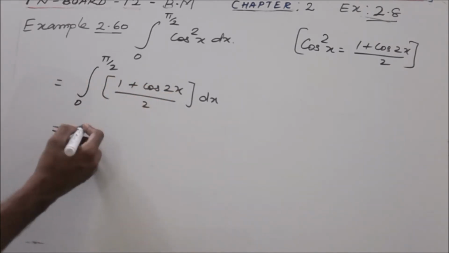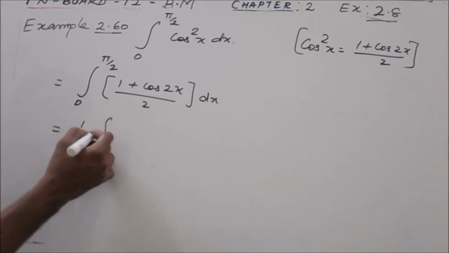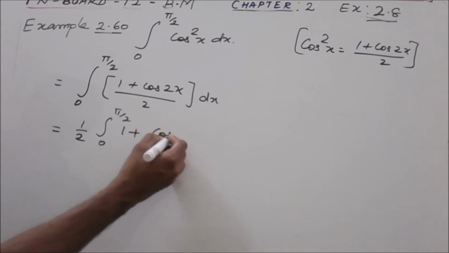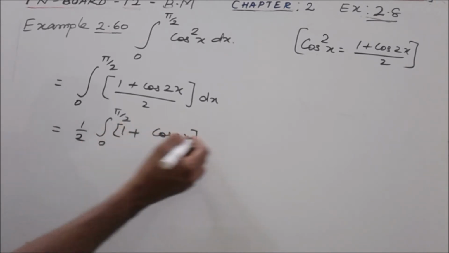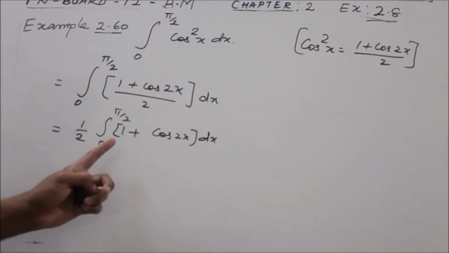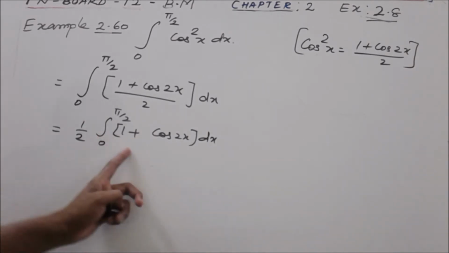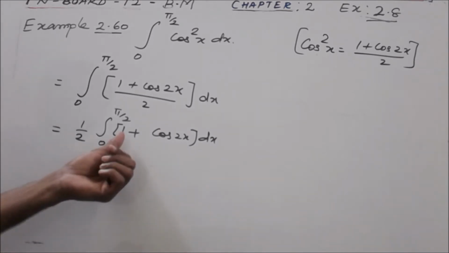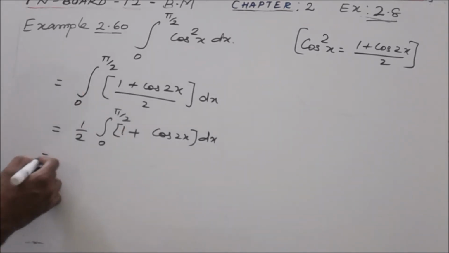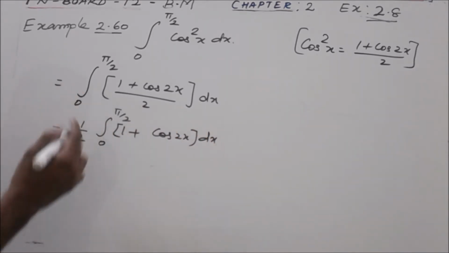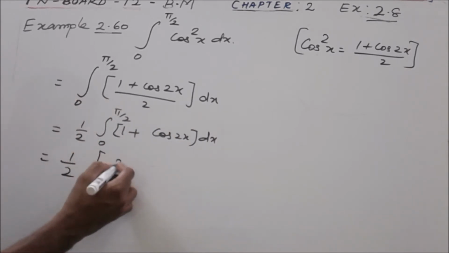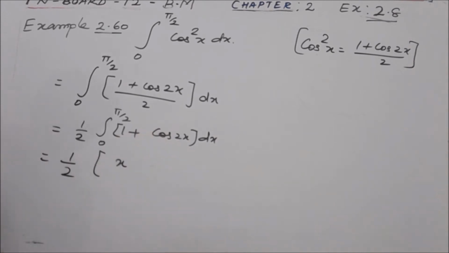Here 1 by 2 taken out. The remaining are 0 to pi by 2, 1 plus cos 2x into dx. Now we can integrate this because there are two functions. One is a constant, another one is cos 2x. Both are combined by addition. This is very easy to calculate. So integrating the constant, if dx, x is multiplied, that is integral dx is x. Now 1 by 2 into x plus, now integral of cos ax,